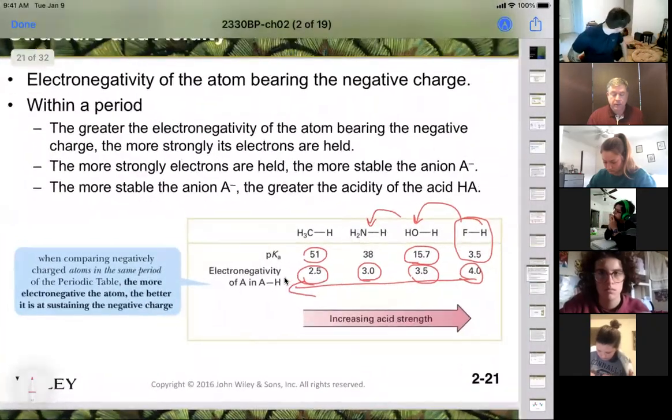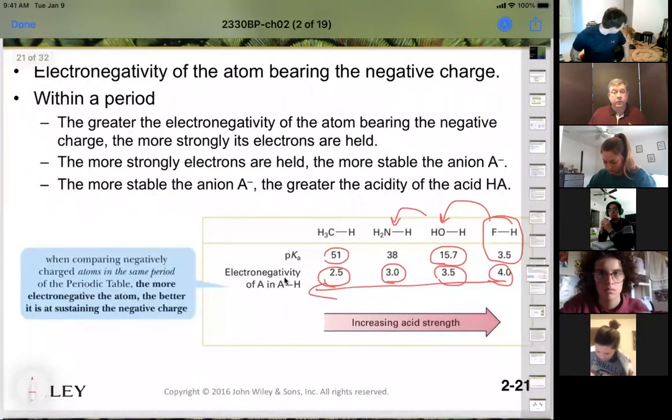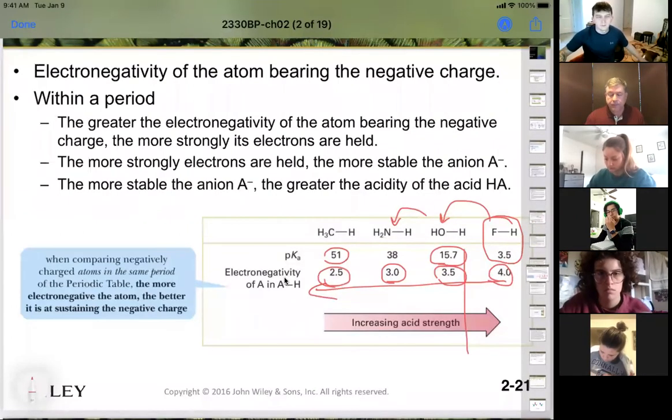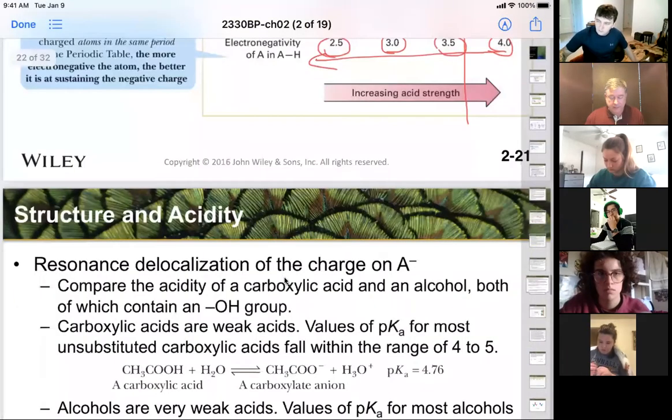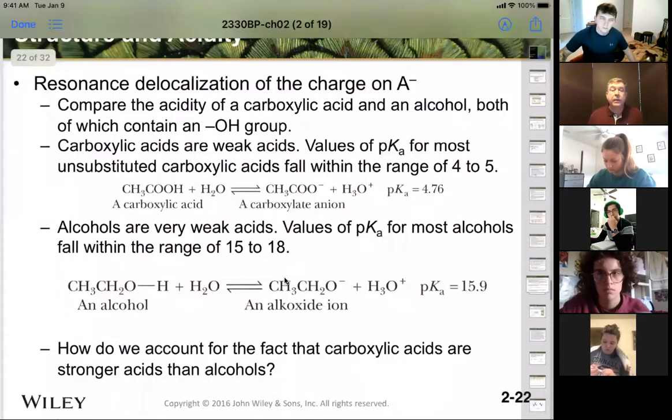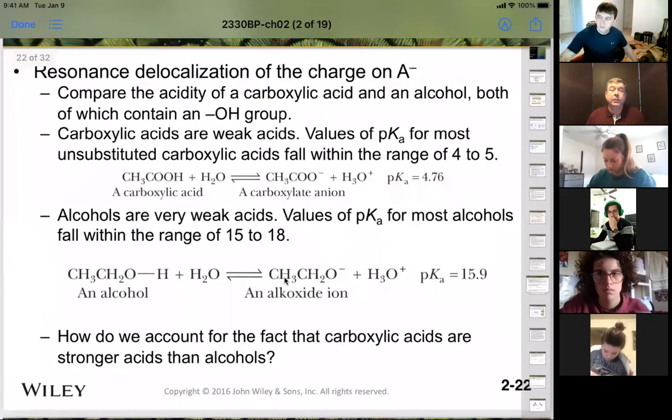Okay, so this will hold true along the same group, along the same row, because they're all approximately the same size. Okay, so what else affects it? Well, I said that if you can delocalize a charge over more atoms, it's more likely to be able to spread that charge. And if we drew the